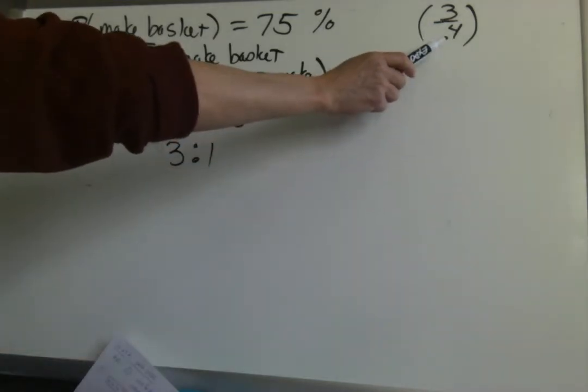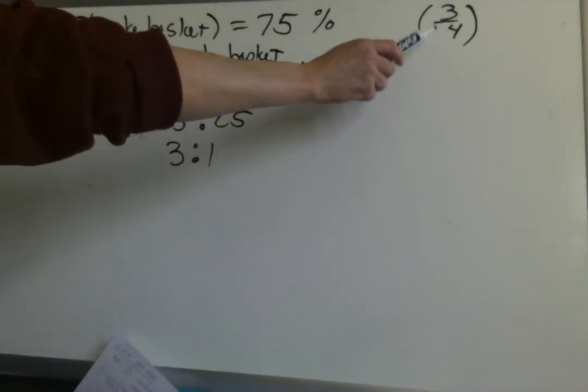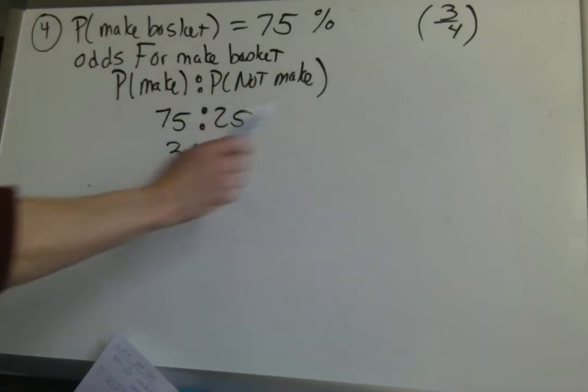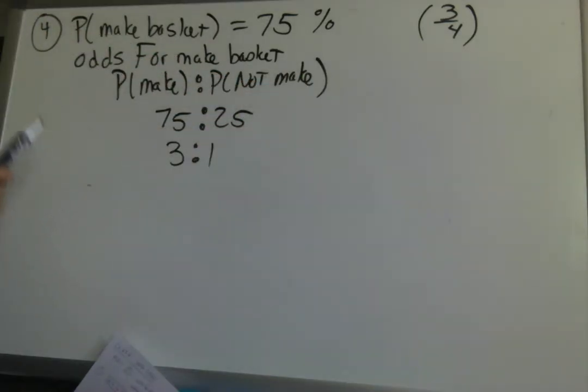Obviously, if you started here and did the odds formula or even the probability formula, there's probably 4 ways you can do this question. I don't care which way you do it, as long as you get down to 3 colon 1. All right, so odds are its own little, very special but different form of probability, and that's why we have to cover it, because for some reason we do actually teach our kids that in the K-8 curriculum.